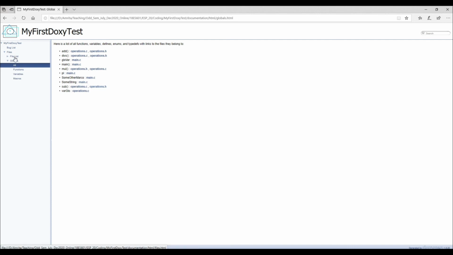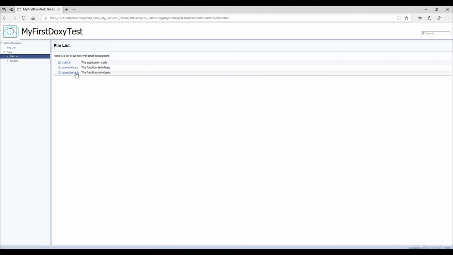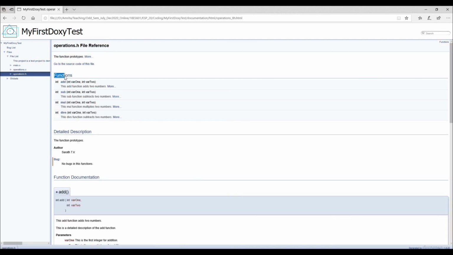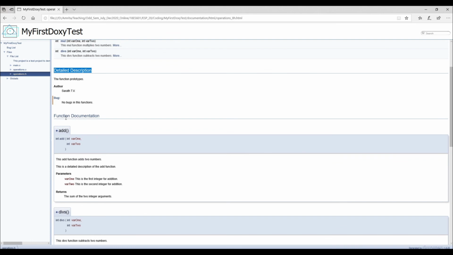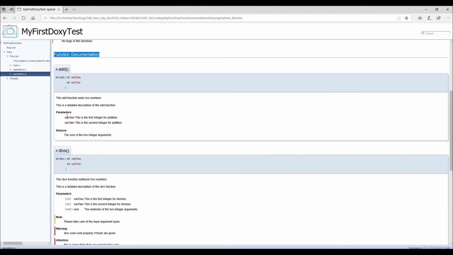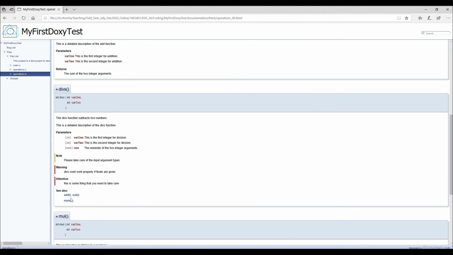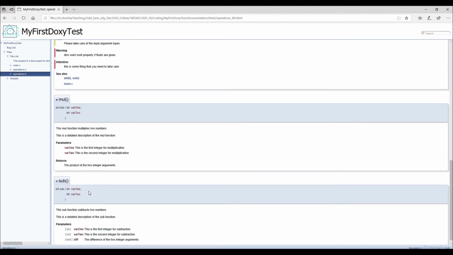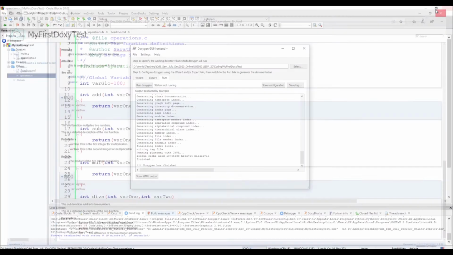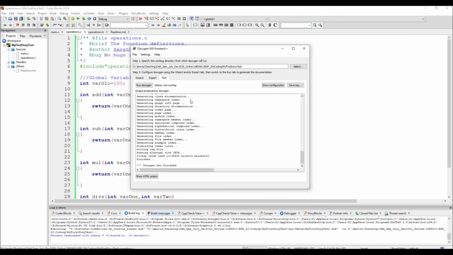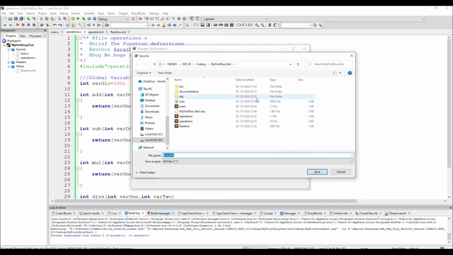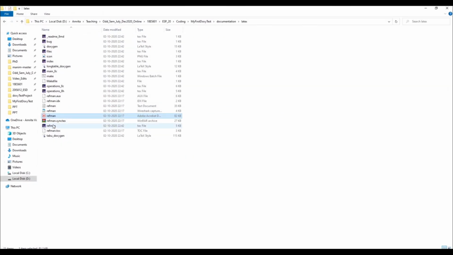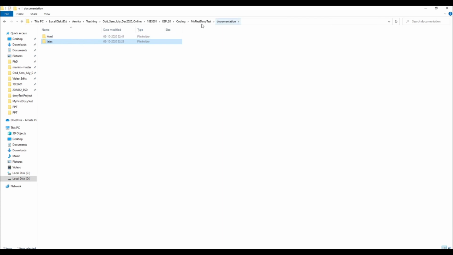So if I go to the file list, functions.h, I have the function list, detailed description of that particular file, function documentation, individual documentation for those, and you can have links to other pages or even other functions. So this is the HTML view. If you are creating a website on your own, you can just take this HTML and link it. Or if you want to have the PDF, so again, this is my project doc folder. I have the documentation folder in which you will have the output of your